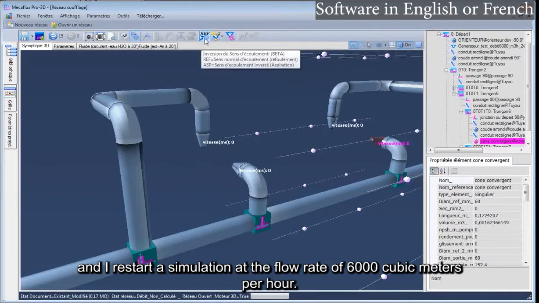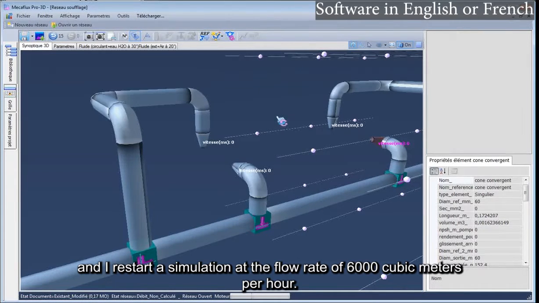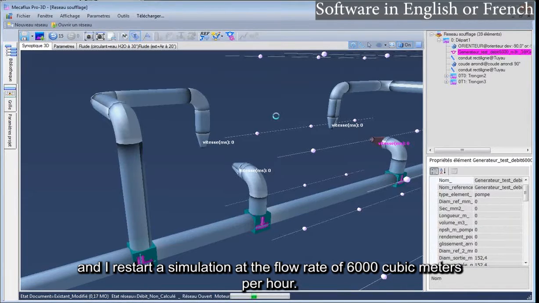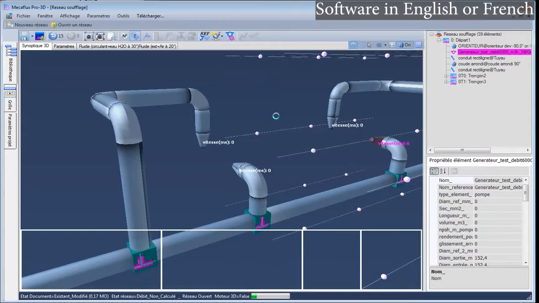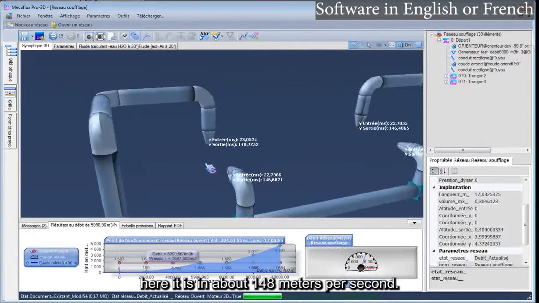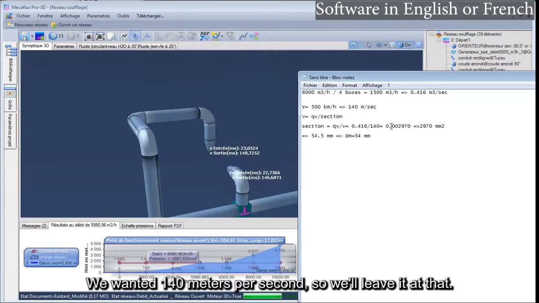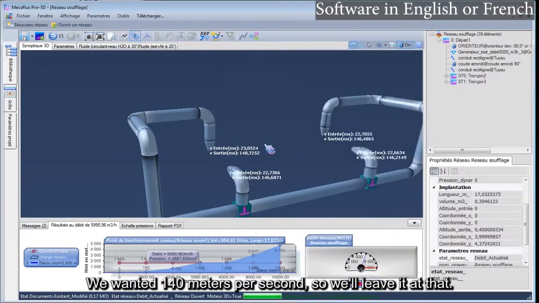And I restart a simulation at the flow rate of 6,000 cubic meters per hour. Here it is at about 148 meters per second. We wanted 140 meters per second, so we'll leave it at that.